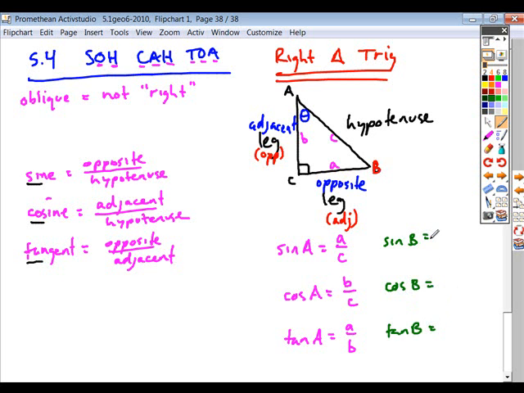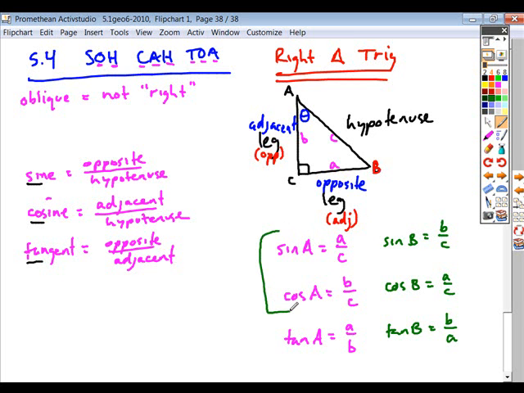So if I was looking at the sine of B, it is opposite over hypotenuse, B over C. Cosine of B is adjacent over hypotenuse, A over C. And the tangent of B is opposite over adjacent, B over A. Okay, so here would be the way that these trig ratios are set up. Now when you look at these,